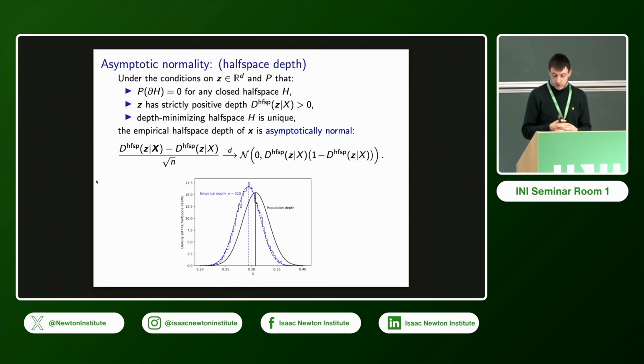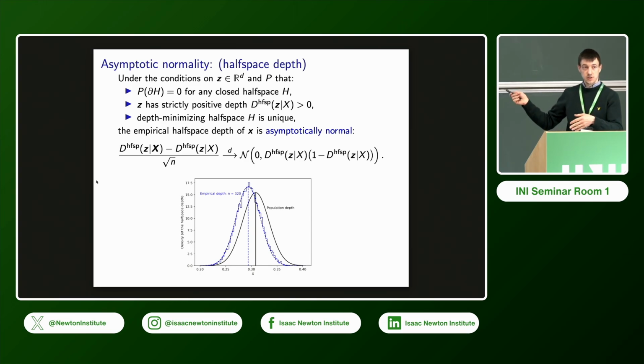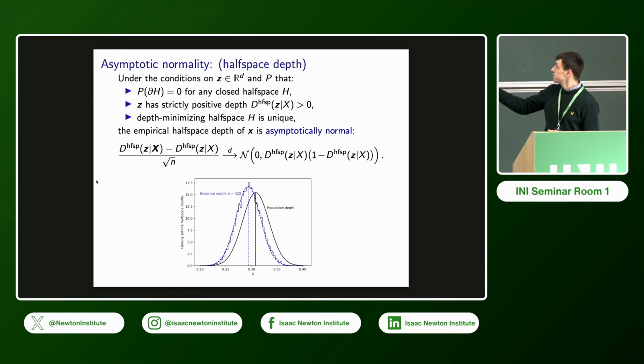So the next property I wanted to speak about doesn't apply to all depths, but in particular to half-space it does. It's the asymptotic normality of the estimator, right? I find it very nicely surprising in the sense that we are doing some geometric combinatorics, right? And then we come up with an estimator which is asymptotically normal. And actually the conditions are not that difficult, there is nothing complicated in the conditions, so this is just continuity. The depth is positive there, and then